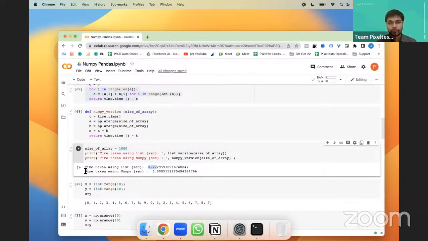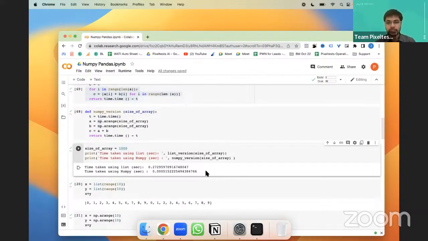But for the same thing with NumPy, it almost just took 0.00. And if you look at the next numbers, it took 0.0005. Okay, it is that much more efficient than the list version. So that is where we use NumPy.